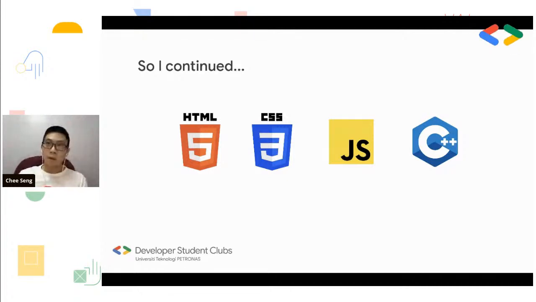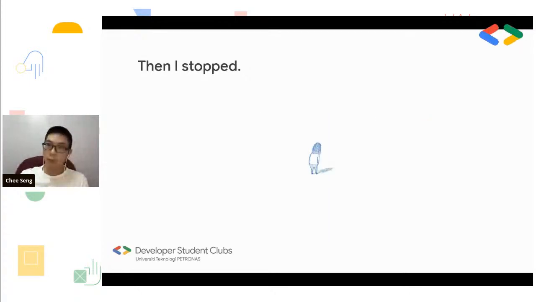And I continued, and that was me between the age of 13, 14, something like that, in high school, and then I stopped. So there was a time where I actually stopped programming, even though it was a long, long time ago. Now I stopped, and then you might see here there's a lonely character here. So at that time, computer software engineering or computer programming wasn't really popular. And when I say back then, it's 7 or 8 years ago.